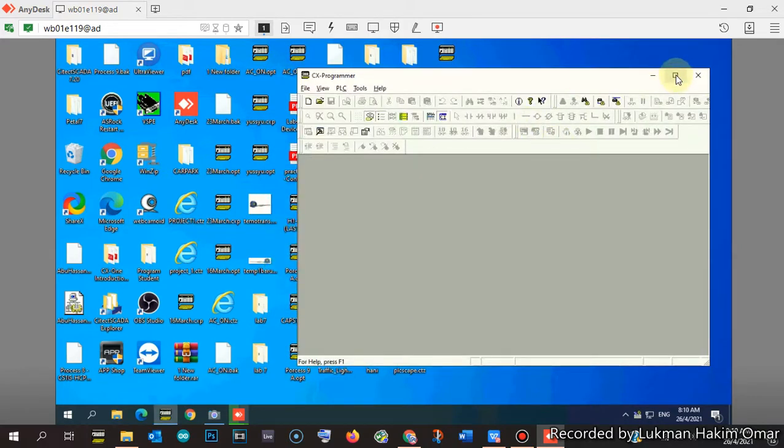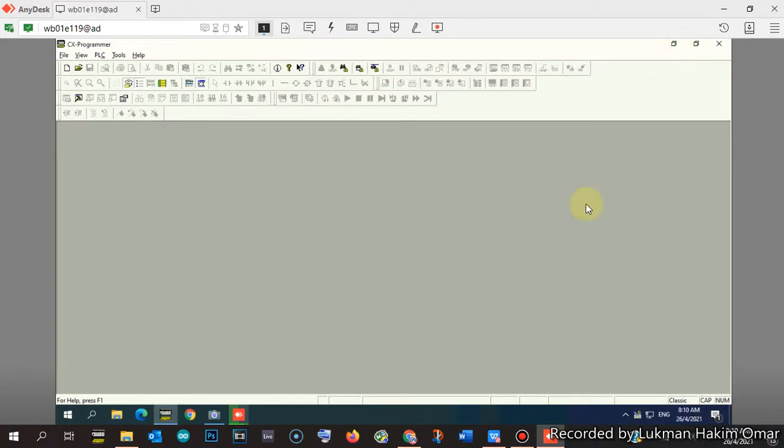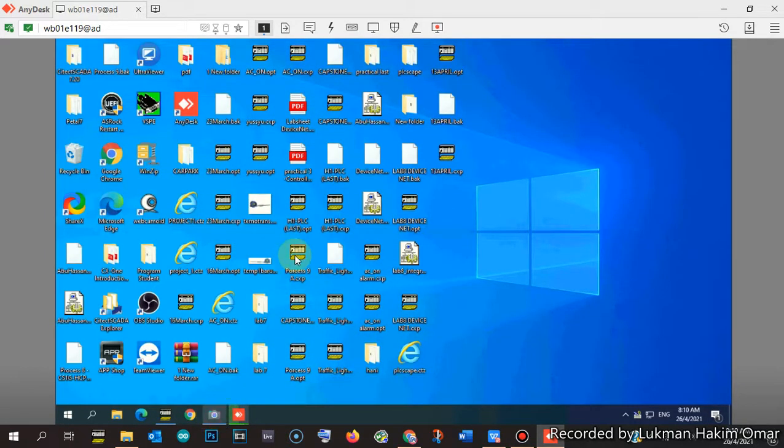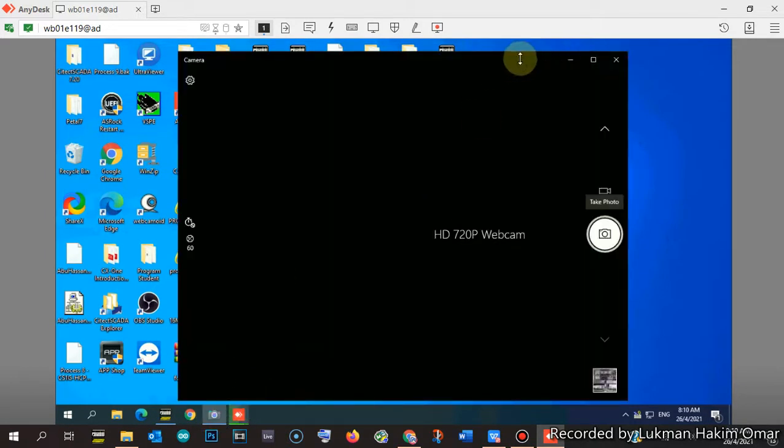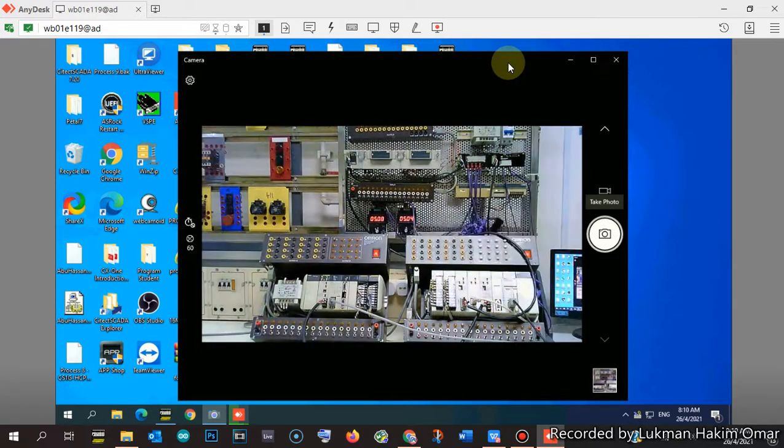Before that, let me explain the idea of configuring this controller link in the PLC master and slave. This is the master PLC and this is the slave PLC. I remind you again, this is PLC Omron CS1GH, and this is PLC Compact CQM1H. There is a difference between the two: this is the modular type and this is the compact type.